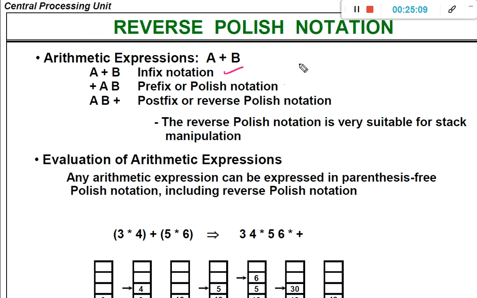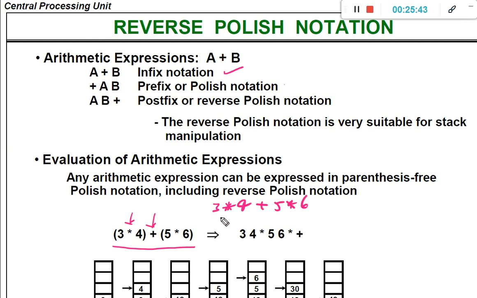Assume there is an arithmetic expression such as 3 * 4 + 5 * 6. The computer cannot evaluate this easily, because here there is a multiplication, here there is a plus, and multiplication has higher precedence compared to plus. If there are no parentheses at all and the expression is like 3 * 4 + 5 * 6,